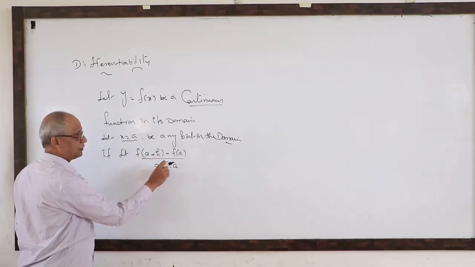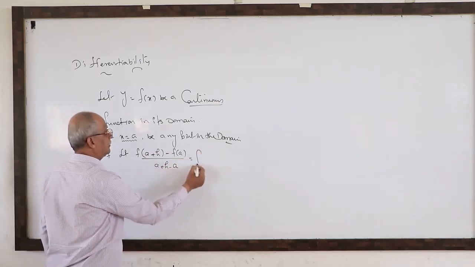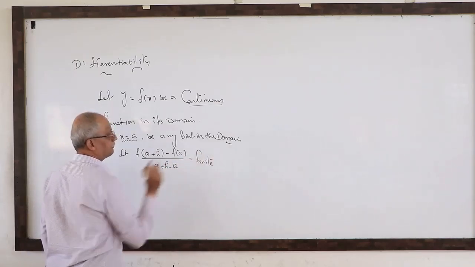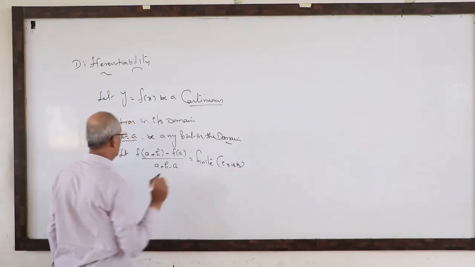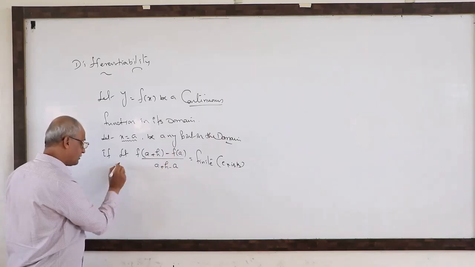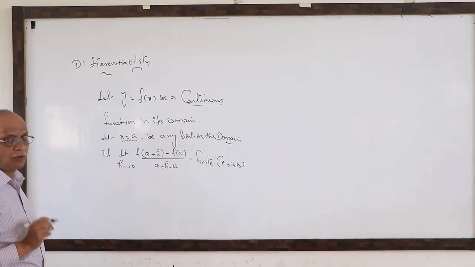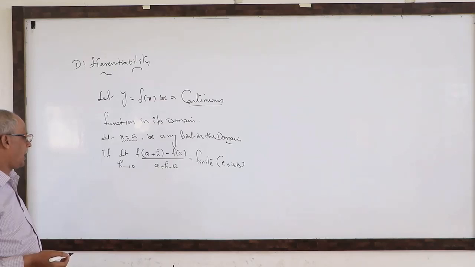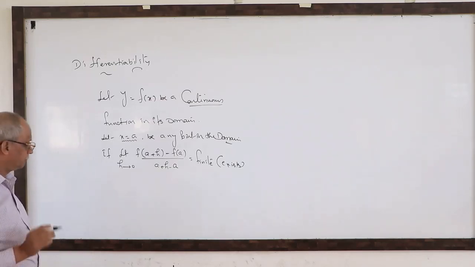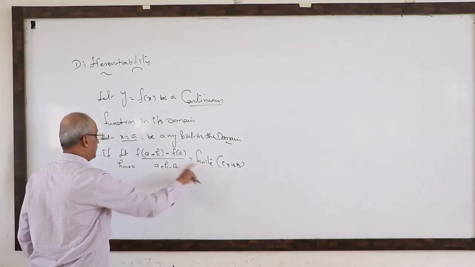If this ratio has a finite limit, means it exists, as h is very small. What is the smallest number? 0 only. Therefore, as h tends to 0, if that limiting value is finite,